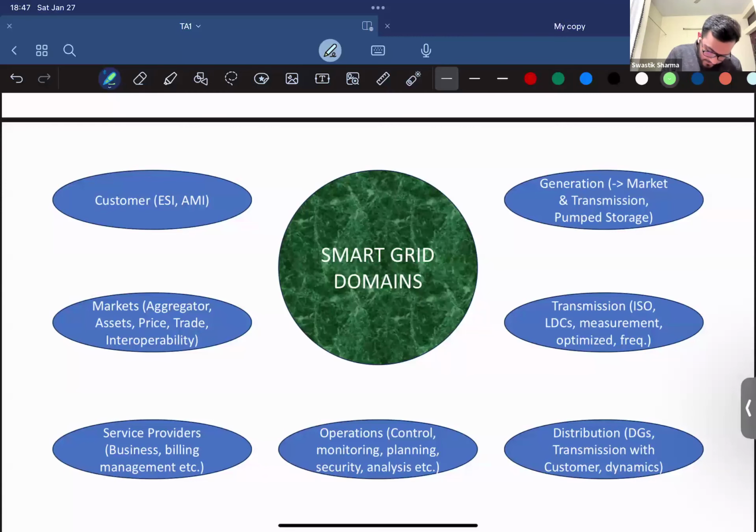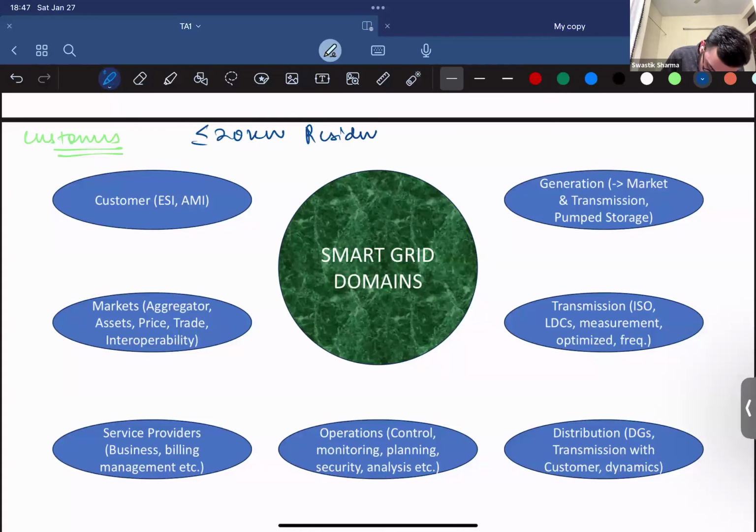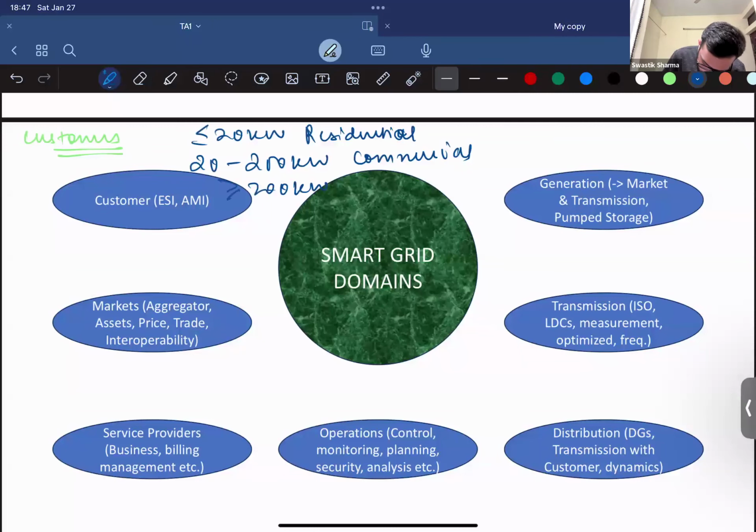We differentiate our customers based on the amount of quantity they consume. I guess this is not visible, right? So if it's less than 20 kilowatt, these are residential customers. 20 to 200, it's commercial, and greater than 200, what we have is industrial loads. So this is how we bifurcate our customers into different quantities based on the